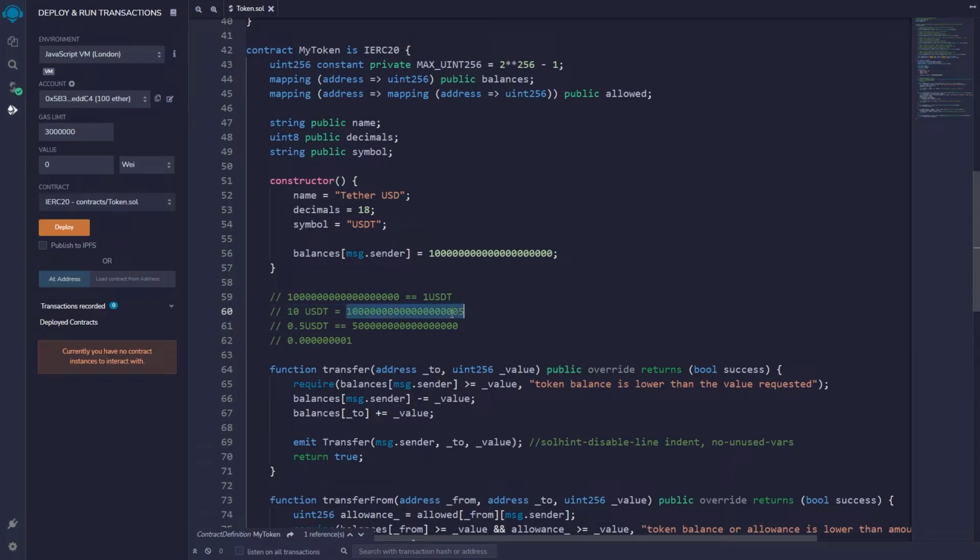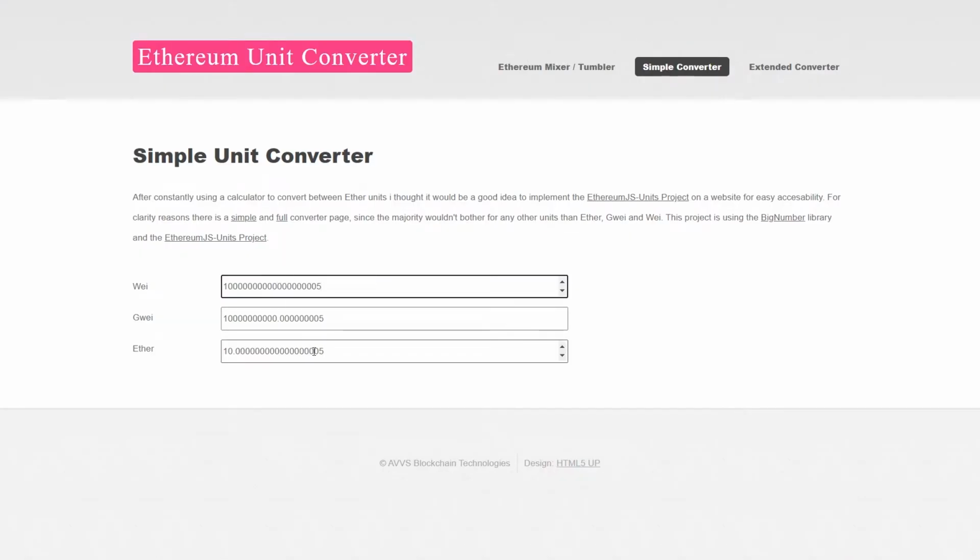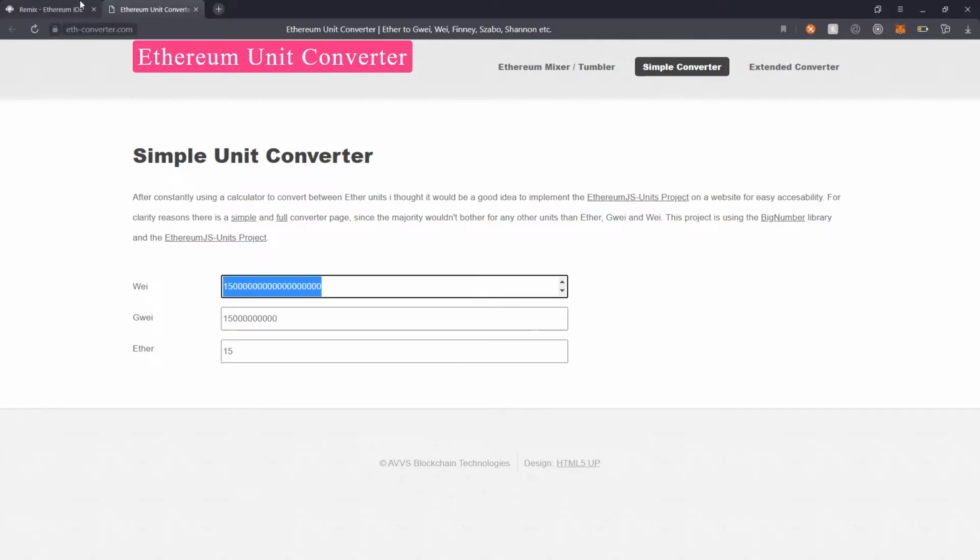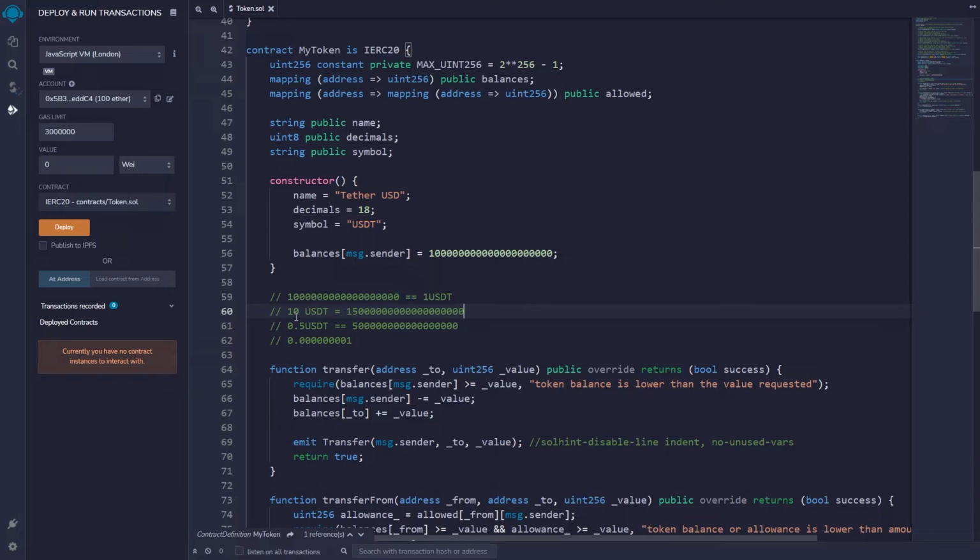Pretty simple. Or wait, not here. Let me check. Yeah, not here, because that will be that value. You need to add 5 here. Basically, I am always using an Ethereum converter because it's easier. So that is 15. Pretty simple. If you add it at the end, you will see that you have